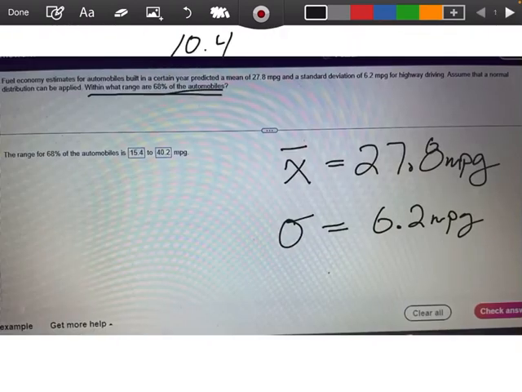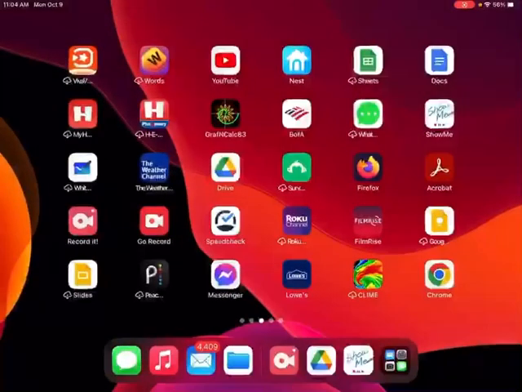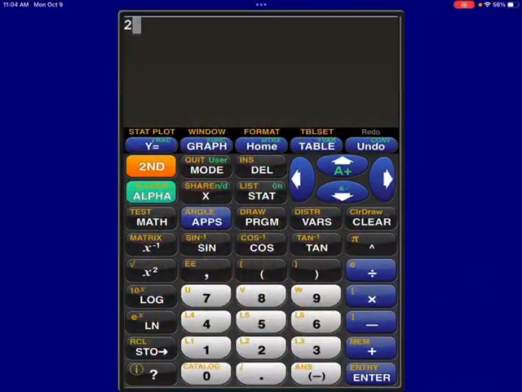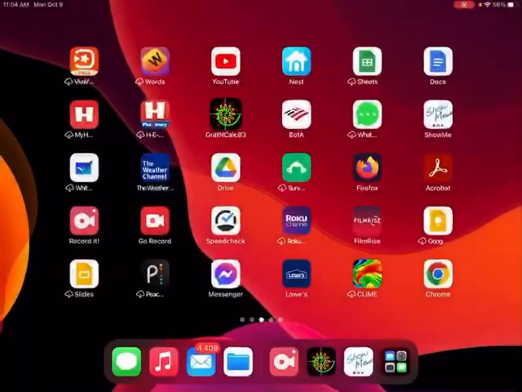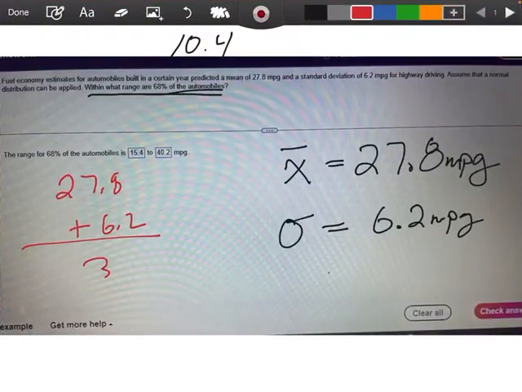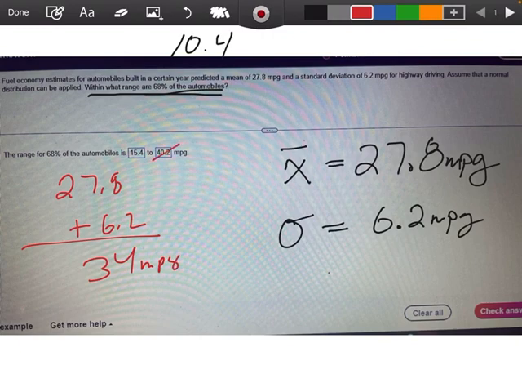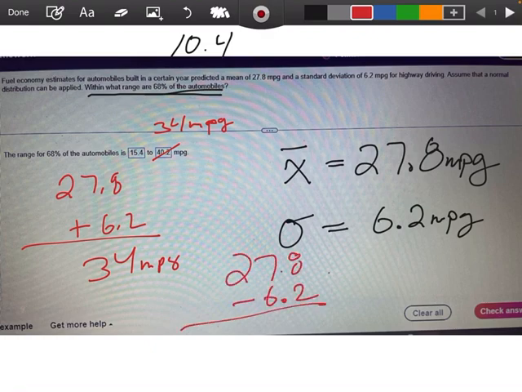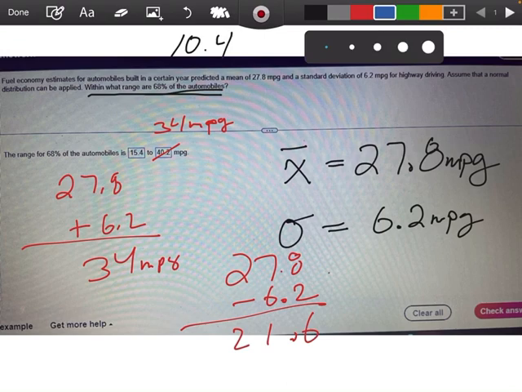So if my mean is 27.8, I'm going to add 6.2 to that. Let me get my calculator. 27.8 plus 6.2. Okay, so my high, y'all, is going to be 34 miles a gallon. So right here I'm going to put 34 miles per gallon. And then my low is going to be 27.8 minus 6.2. So my low, y'all, right here would be